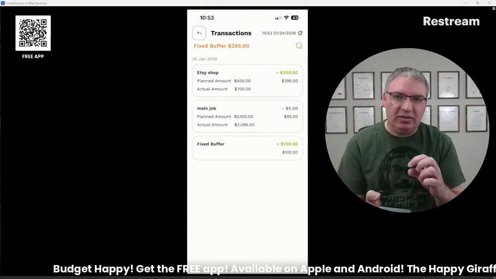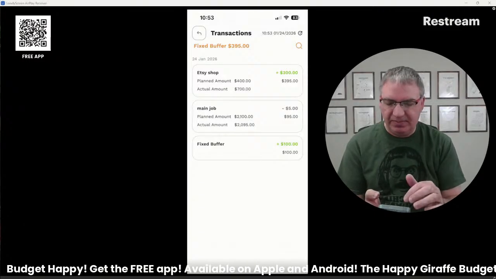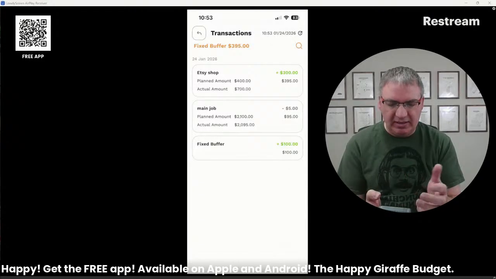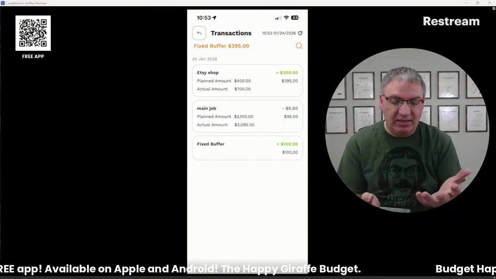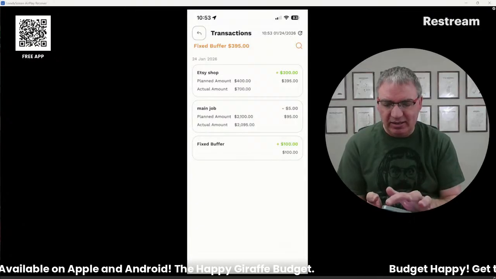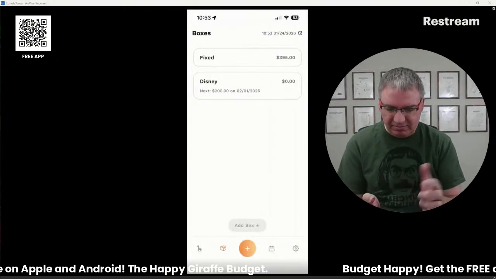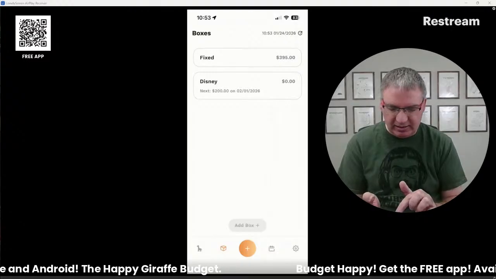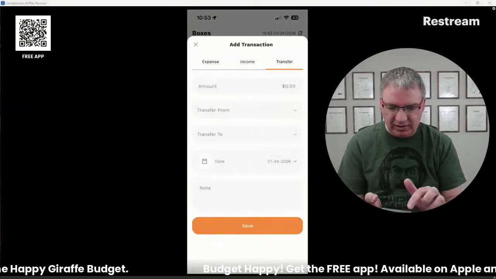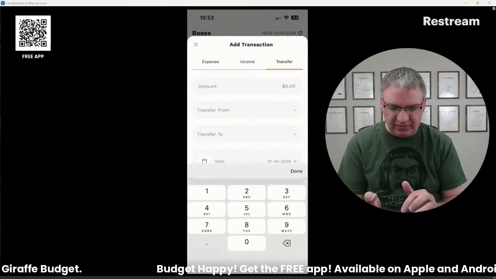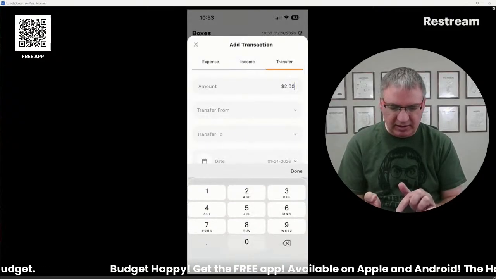So this is where the transfers can help. So I've got $395 now just sitting in this fixed box, and I probably don't need it there forever. So I'm going to just add that to Disney for a little while, or for now. So I'm going to do a transfer of let's say $200.